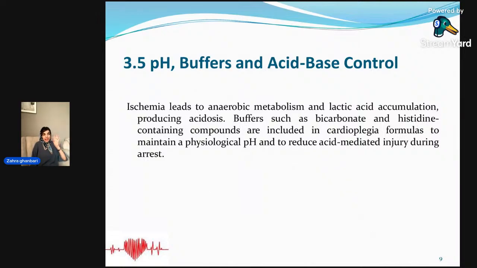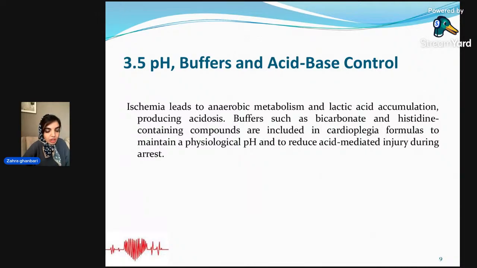Pay attention, please. This range of pH is related to the cardioplegia solution, not the patient, because we know the normal pH in the patient is 7.35 to 7.45. I think it's good if I talk about the interpretation of ABG here. When you want to